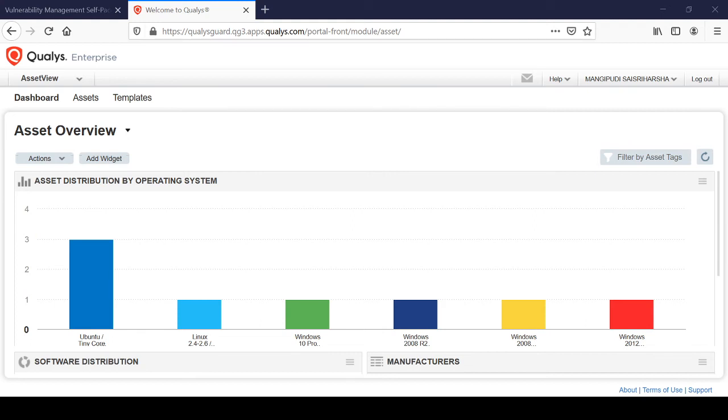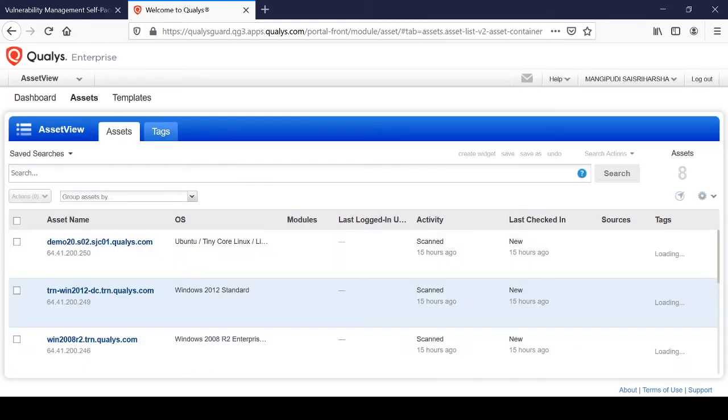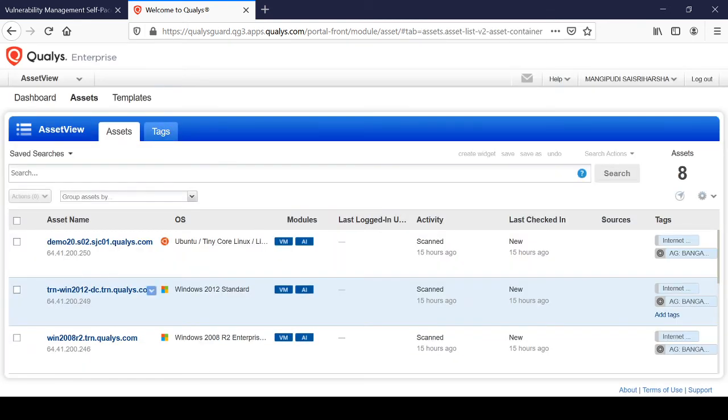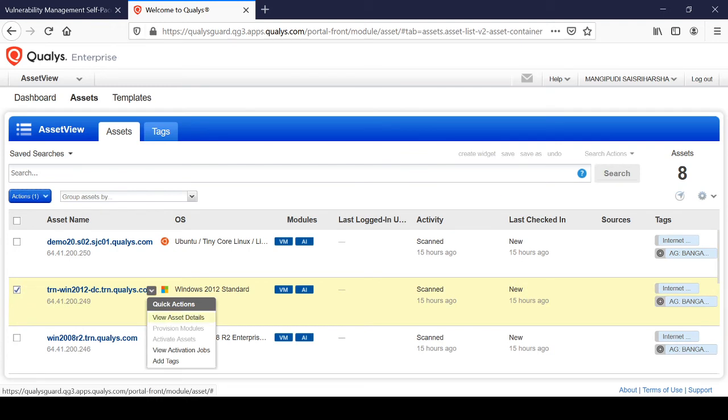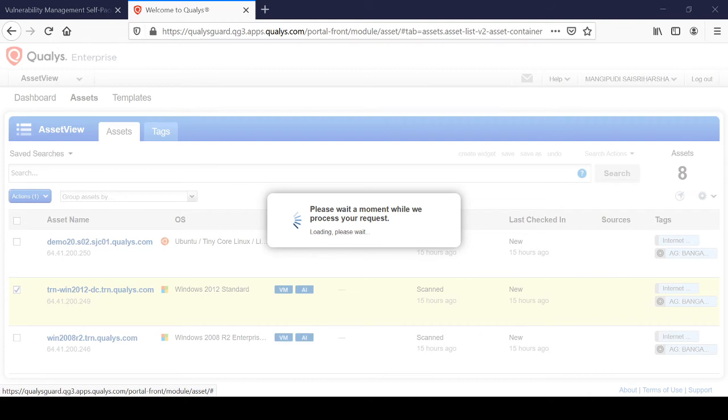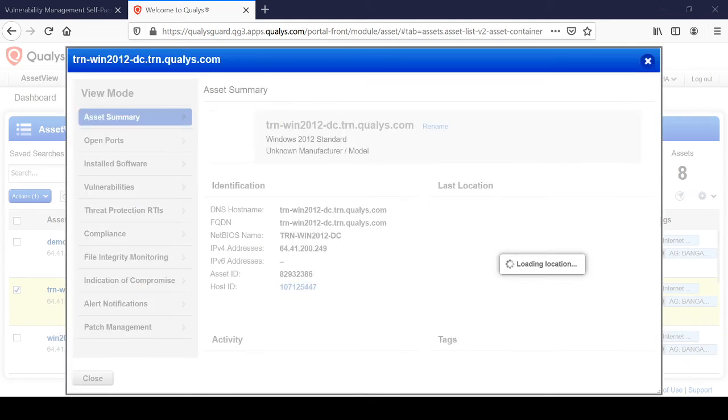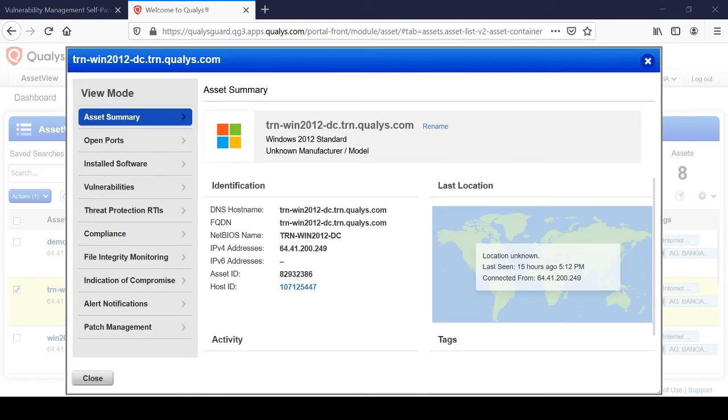Right. So you can go to the assets tab here, and there are a lot of assets available. You can click on one of these and you can see the view asset details. It will give you the asset details. Or else you can also see the asset tagging,